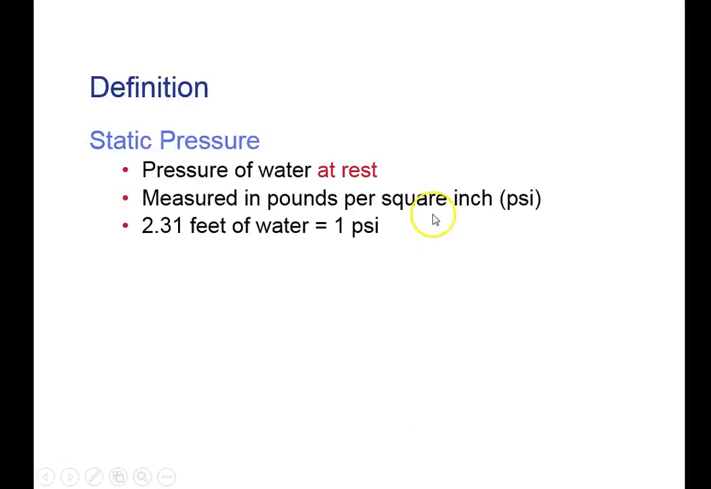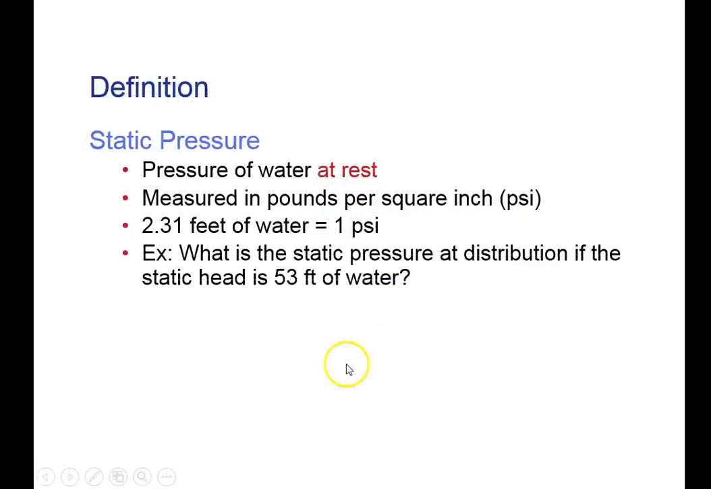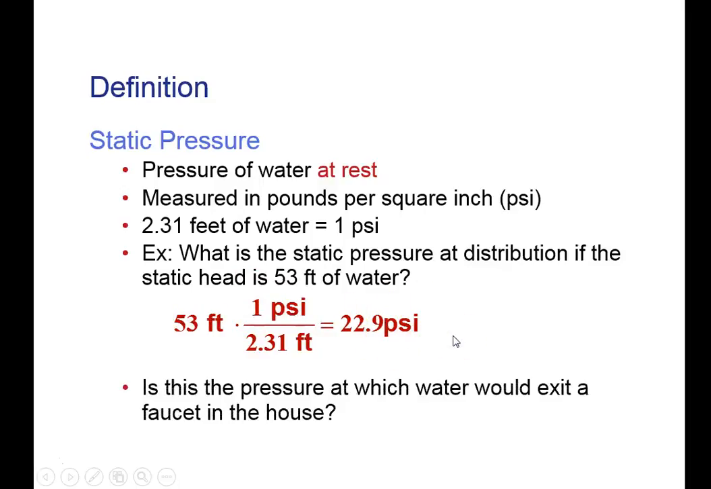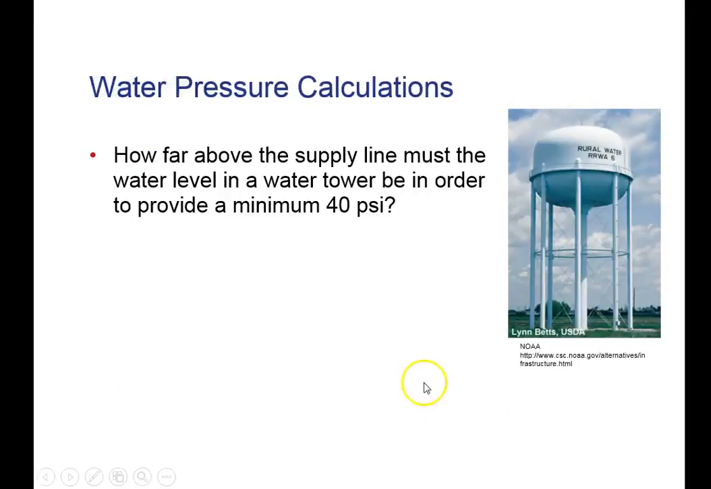Pressure is measured in PSI, and we use this conversion right here. So on that last problem, we found 53 feet of water. To convert it, you just multiply the static head times this conversion factor to get the PSI, to get the pressure. And then it says, is this the pressure you'd get at the faucet in your house or in your shower? Well,